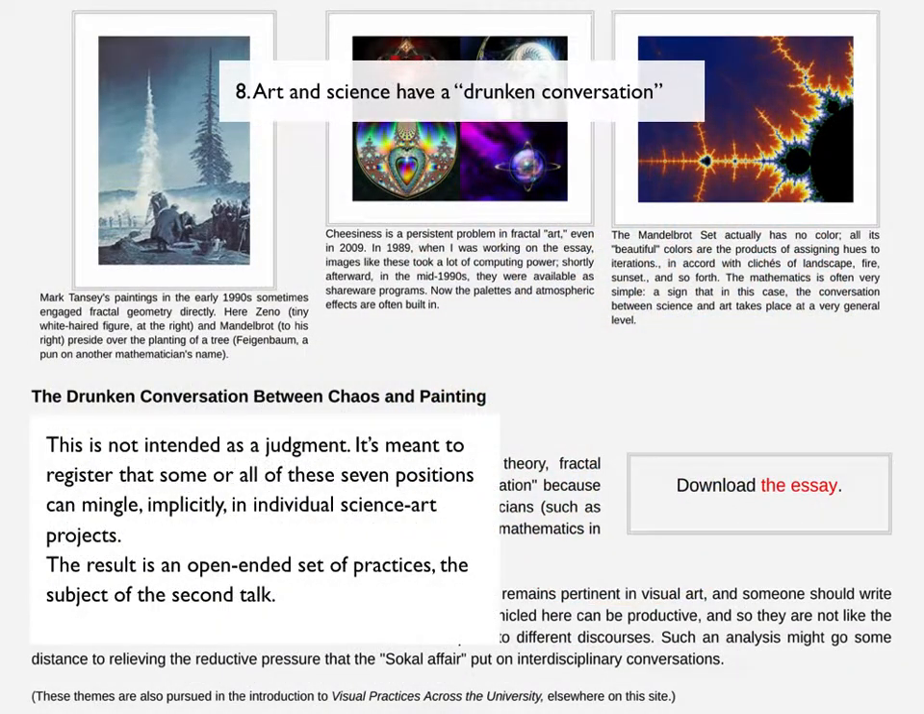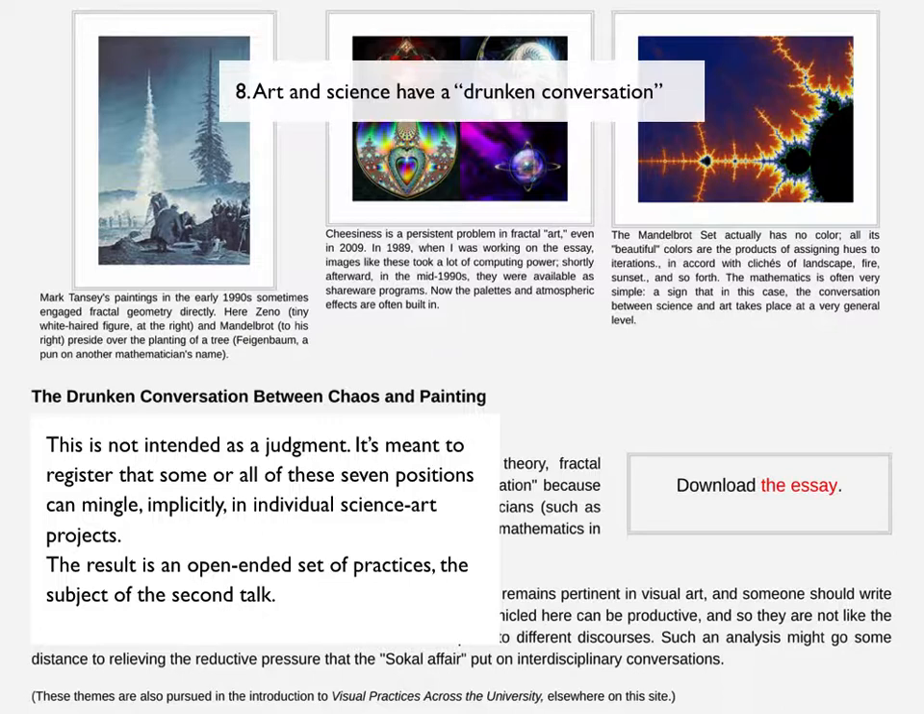Okay, so I'm just going to end with this. This is a page from my website, and it's this essay that I wrote a long time ago called "The Drunken Conversation Between Chaos and Painting." I hoped it was generalizable, and what I meant was science and art in general, because that was at the time of chaos theory and painting, like Mark Tansey's and so on. But the notion was that